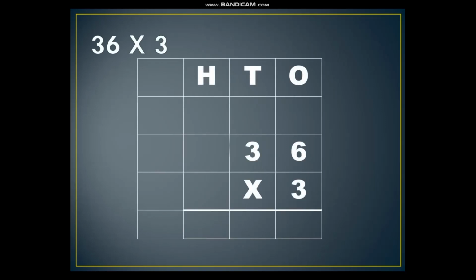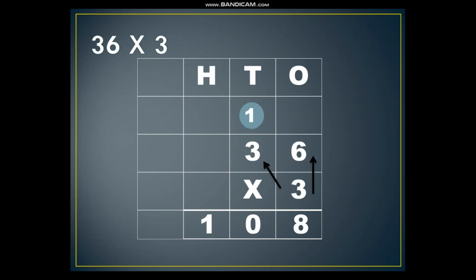This is 36 multiplied by 3. Now digits at ones place are multiplied, means 3 is multiplied by 6. 3 6s are 18. Now we are not going to write 18 here. We will take the carry to tens place and this carry is 1 and this will go to tens place. Now 3 is multiplied by 3. 3 3s are 9 and now this carry is added to this 9. 3 3s are 9 and 1 is added to this 9 and we get 10.